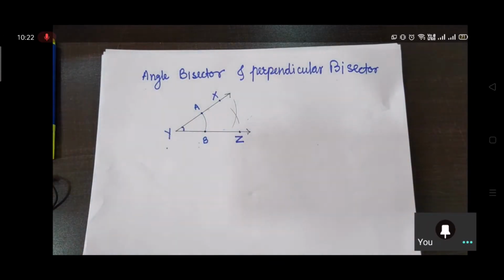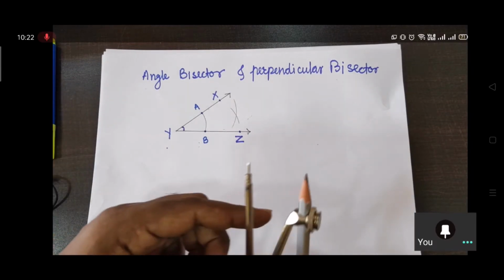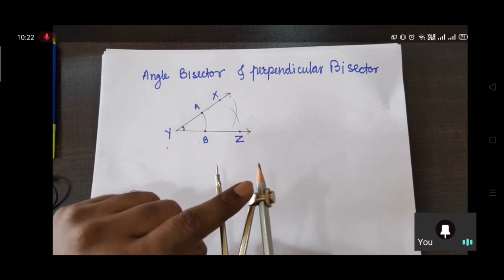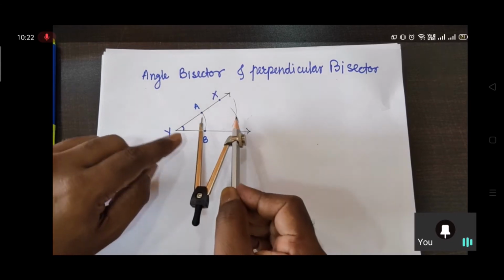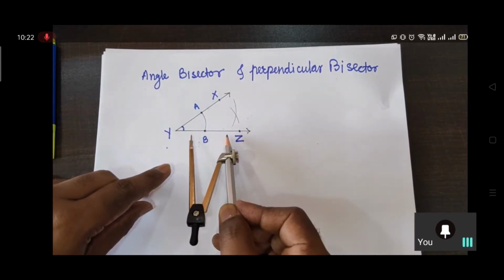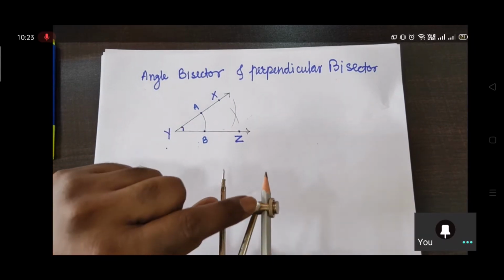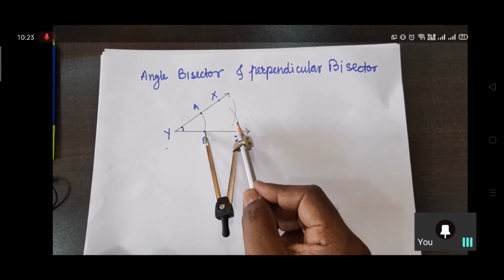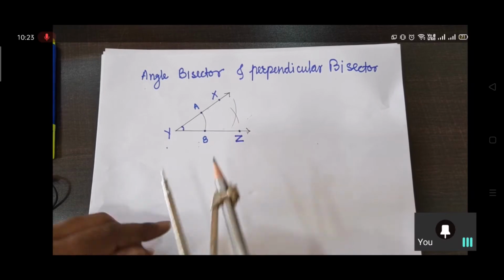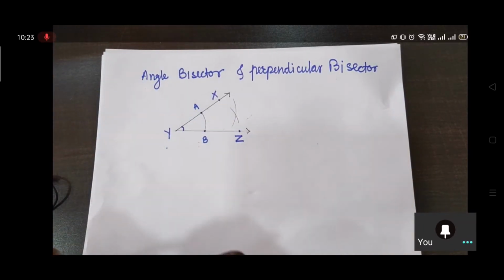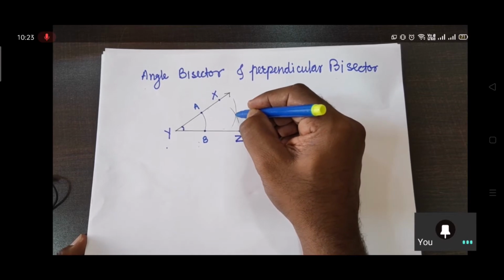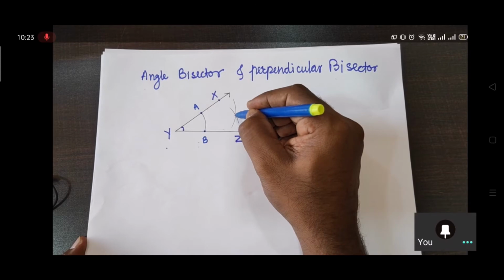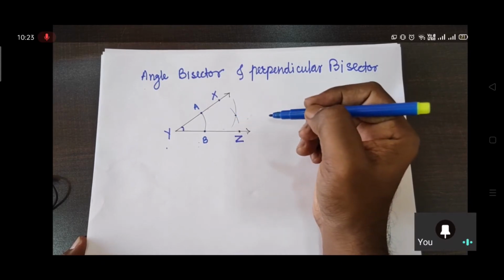Again I am saying what I did in this construction. We have increased the span a little bit. The pointer we have kept first on point A, and we have drawn one arc. With the same span we are keeping it on point B and we are cutting this existing arc. Again I am using a sketch pen. Where these two arcs cut each other, intersect each other, at that place we have to give a point.